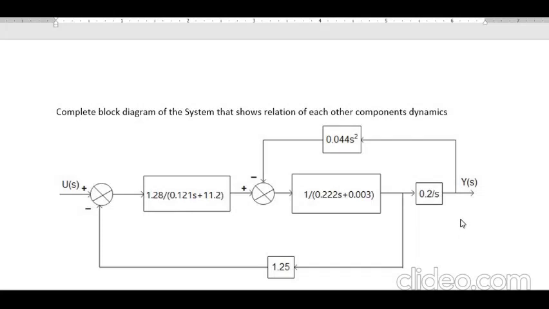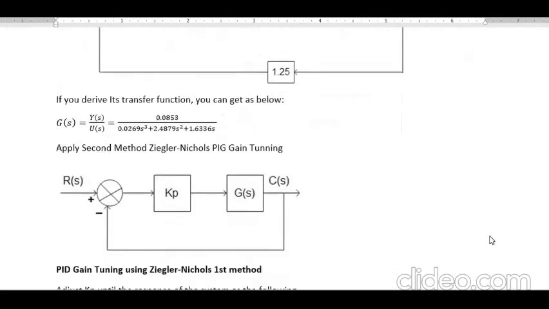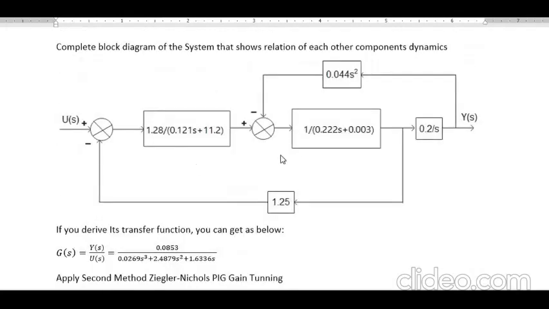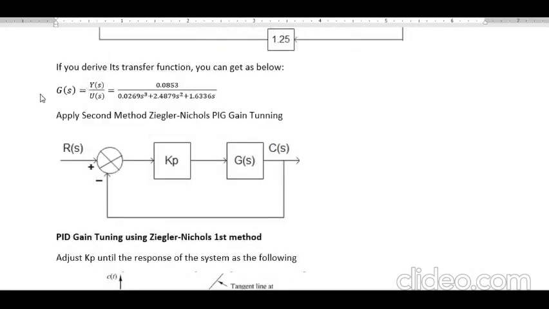I only show it, and then we will use this model. From these blocks we can derive the transfer function. This is the transfer function.